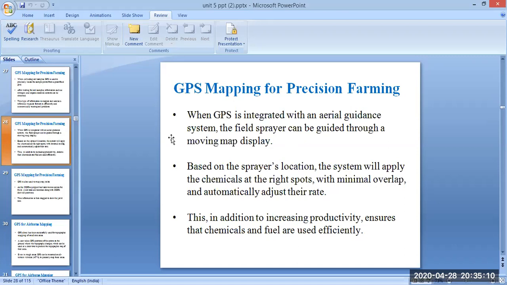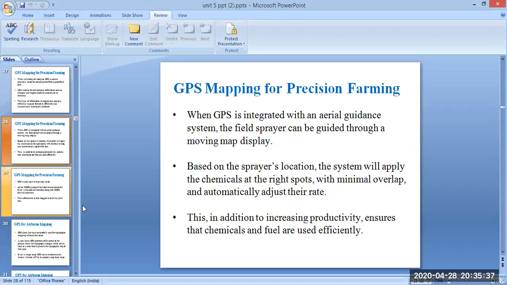So when we are guiding the field sprayer with respect to the moving map display, he can spray the chemicals at the right spots with minimal overlap and automatically adjust their rate. This will increase productivity and ensure that chemicals and fuel are used efficiently.